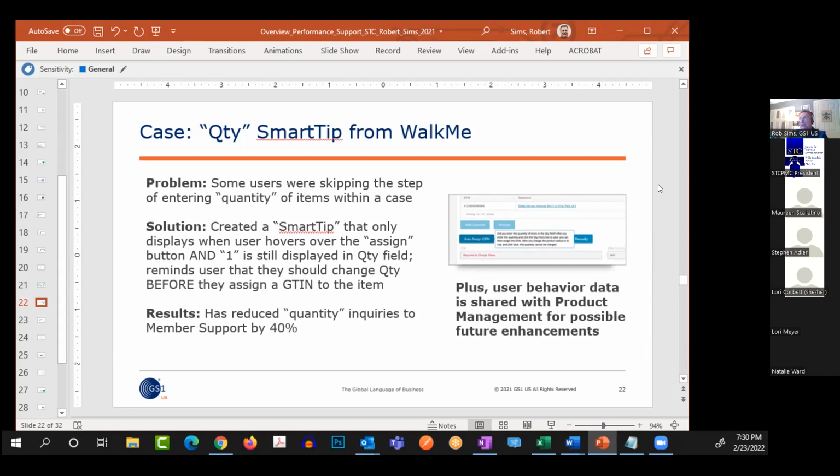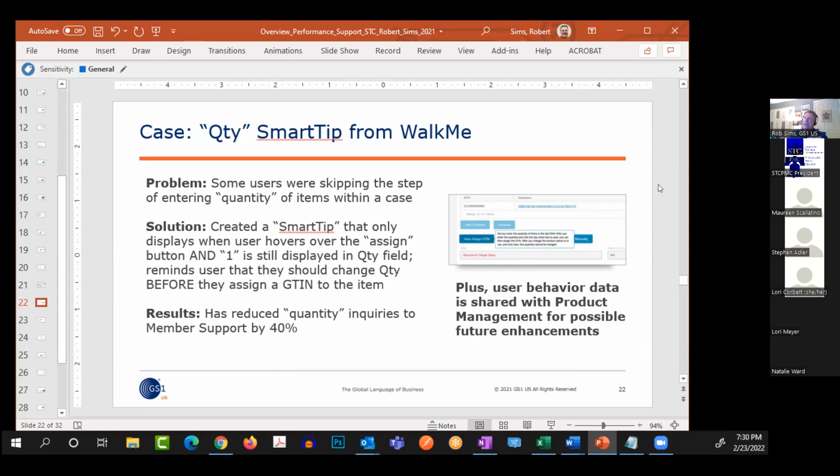And what this has done is reduce our quantity mistakes to our member support or customer service team by a pretty good percentage. More importantly, I'm collecting data now that tells me X number of users are experiencing this, and this is now something that's bubbling up to become a product match. They probably have 300 changes they could make, but this data now supports the fact that maybe this is a top 10 issue they could look at in the future.